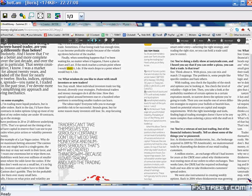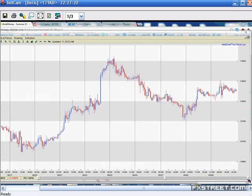What's interesting is if we move to the really, really big numbers, this is not high liquidity time, so we wouldn't have taken these trades. But